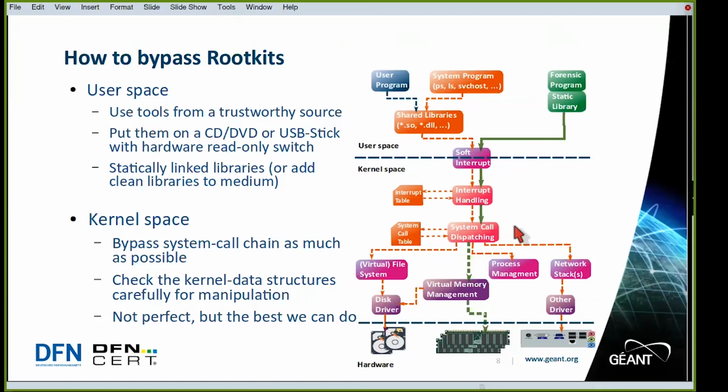So in the kernel space, when we go to the data structures down here in memory, we have to bypass as much of the system call chain as possible. But on the other hand, it's not entirely possible because all our tools will have to use the soft interrupts and go through the interrupt table lookup and the system call table lookup and the dispatching here. So most of the time we try not to use the process management or network stack subsystems or the virtual file system, and just take the virtual memory management, because that's an area that is